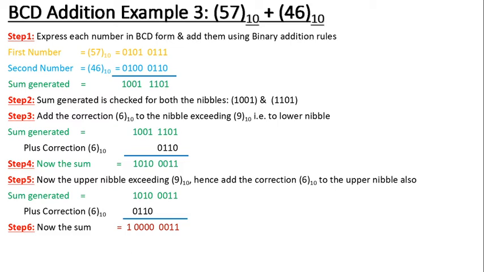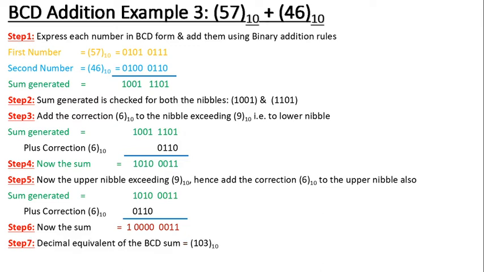So step number 6, now that final sum is equal to 1, which is the final carry, forming the third nibble, 00000011. It means that in step number 6 here, just like my example number 2 earlier, it is forming the third nibble. Okay, the uppermost nibble is having only carry bit, so it is equal to 1. Then the middle nibble will be 0000 is equal to 0 in decimal, and the lower nibble is 0011, it is equal to 3.